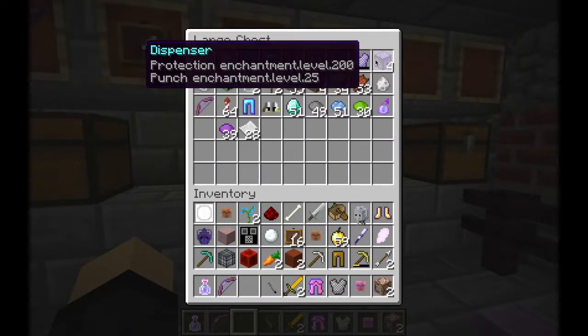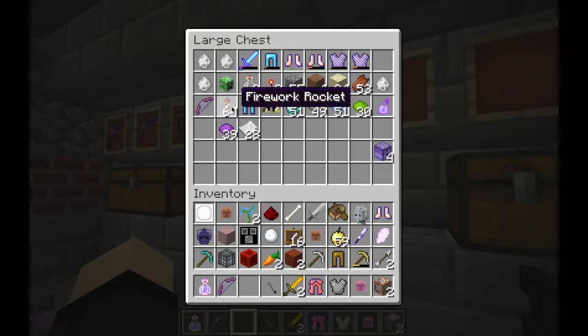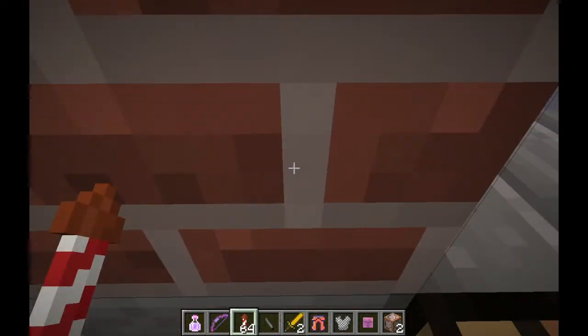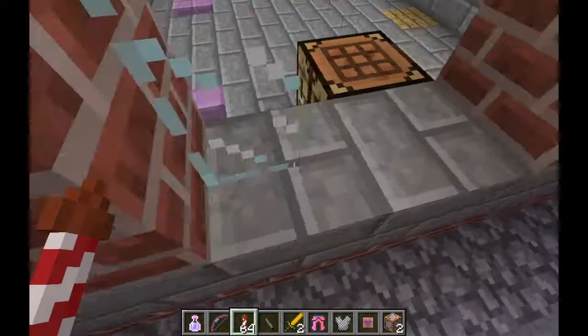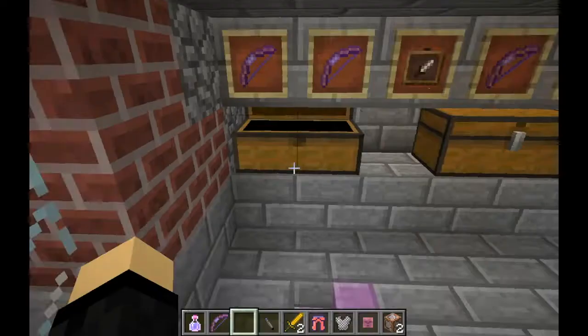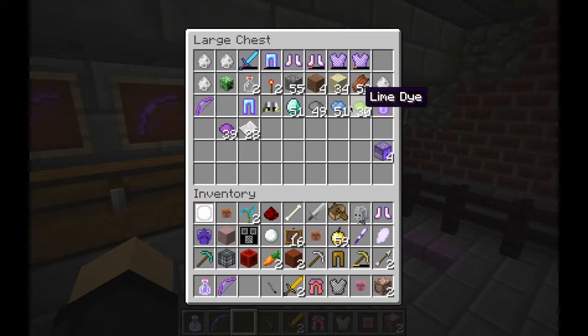And got some chest plates, more master heads, or dispensers, and we got fireworks. I wonder if these actually... I don't think they have any metadata on them or anything. Let's see here. I don't think they're going to do anything. Yeah, they're just generic fireworks. I made some at one time that actually did stuff, but I don't know what happened to them. Anyway,